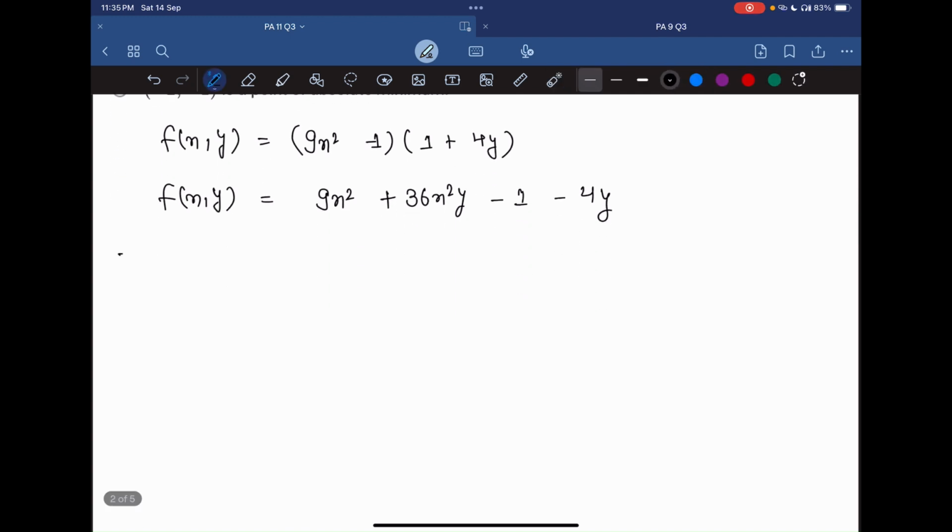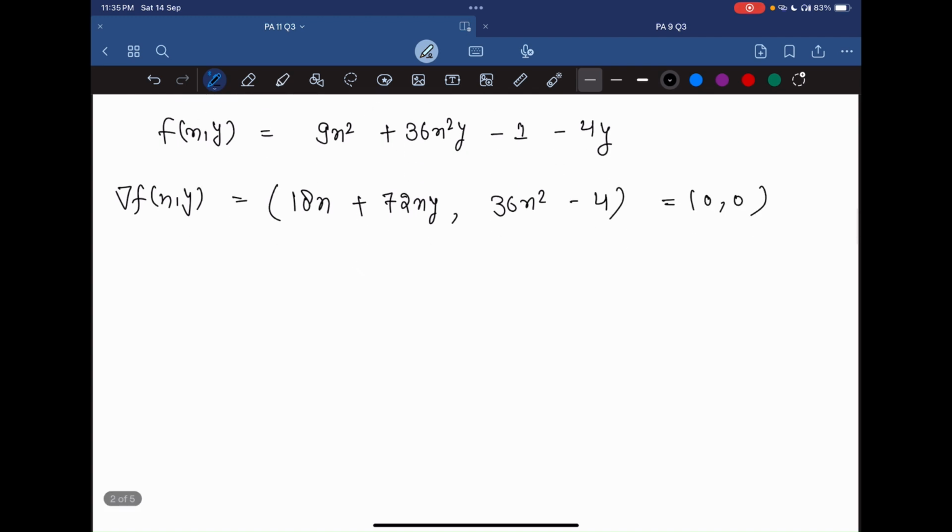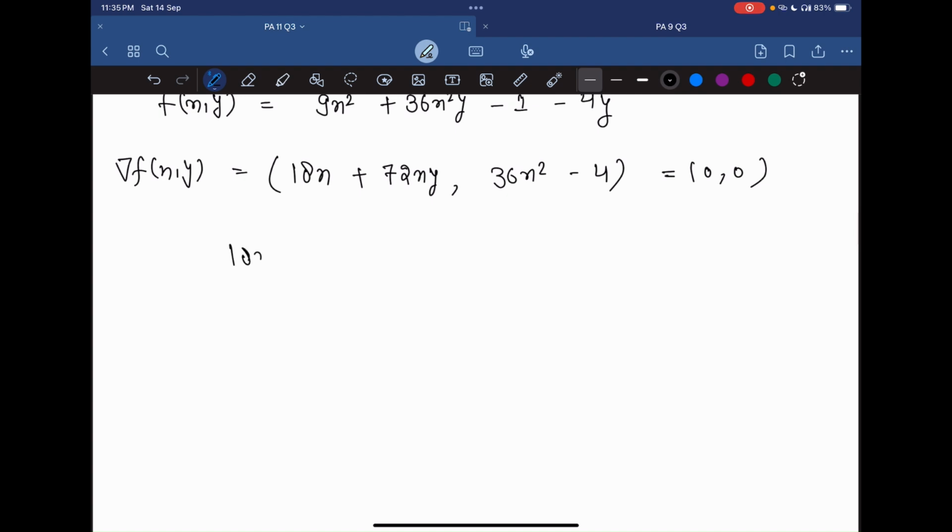So the gradient of the function would be (18x plus 72xy, 36x square minus 4). If we set the gradient to be (0, 0), we will get two equations: